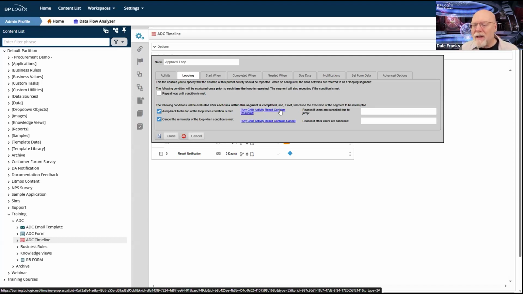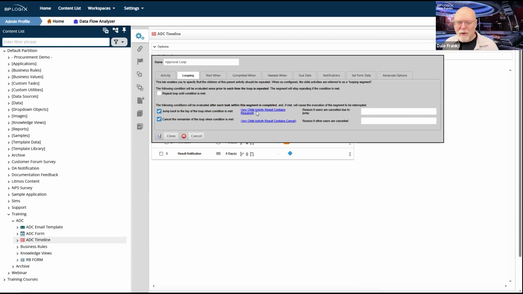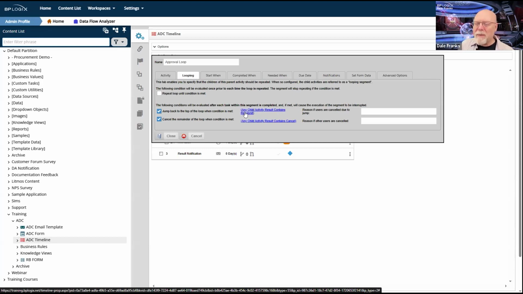I'm using contains, as I said, to give myself some freedom, also because equals is really picky. I tend to use contains because if you use equal, you have to have an exact match. That can cause some problems. Sometimes you might inadvertently type in a space, and so there's a trailing space that you don't know about, and your condition never matches, and you can drive yourself crazy. So resubmit helps.